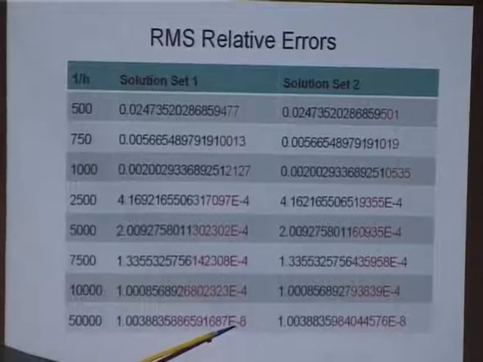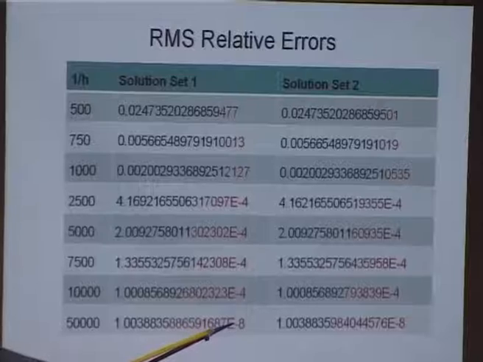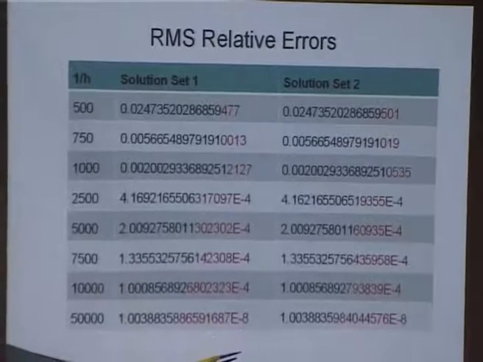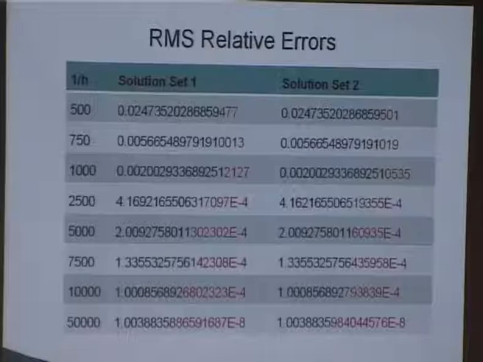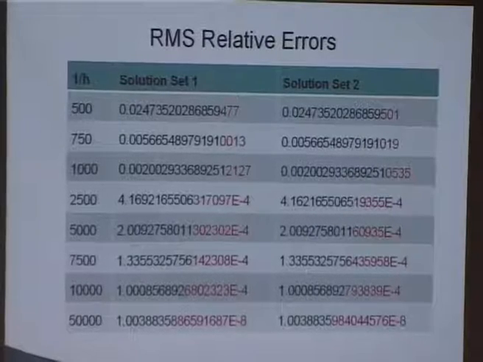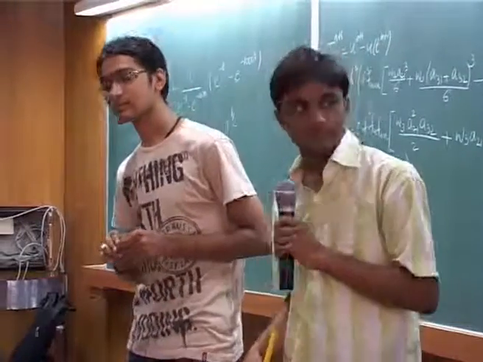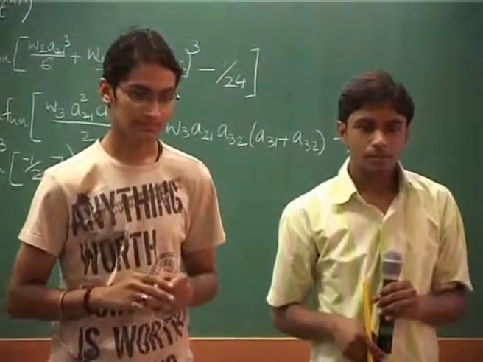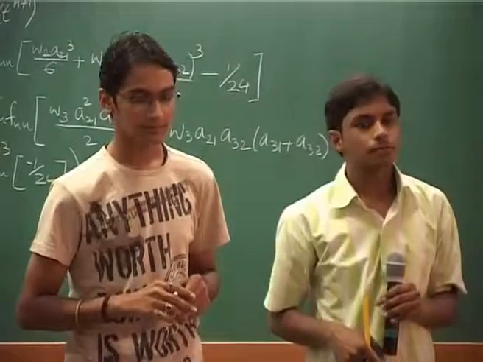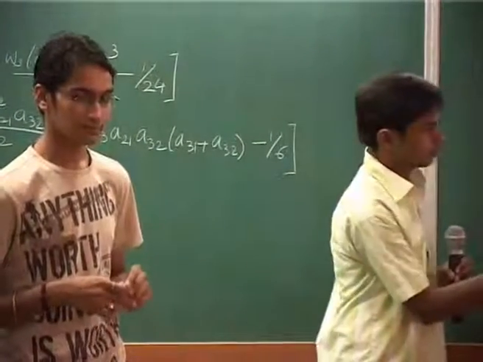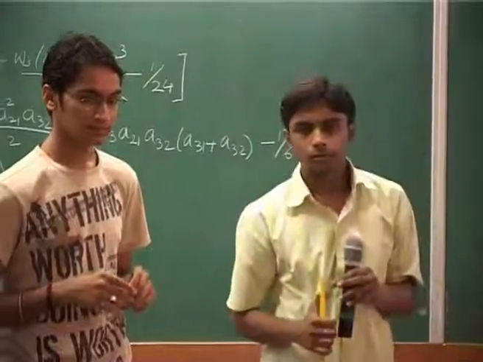My question is why they are different. That's 10 to the power minus 8, and that's also 10 to the power minus 15. Doesn't matter. When we talk about rounding off, we talk about significant figures, not the exponent. Keep the exponent out of the picture. So you are still in a single precision domain, 10 to the power minus 8. It's not double precision. You should be able to get up to 10 to the power minus 14.